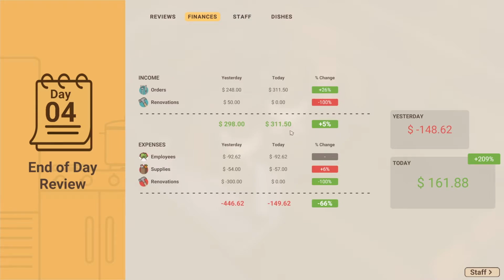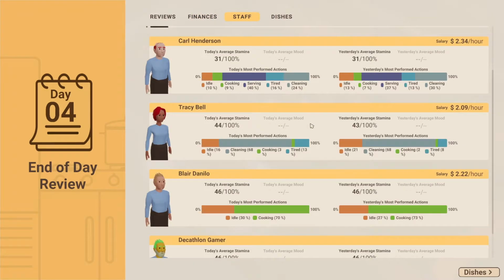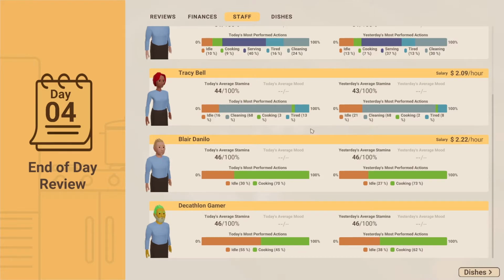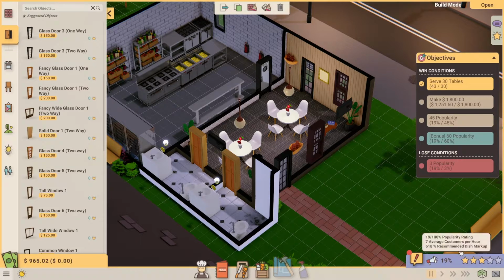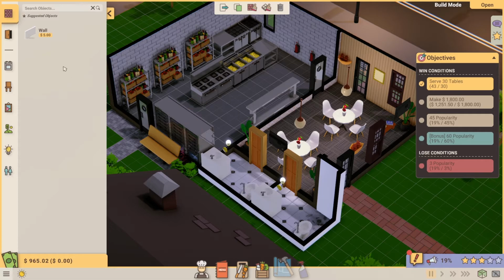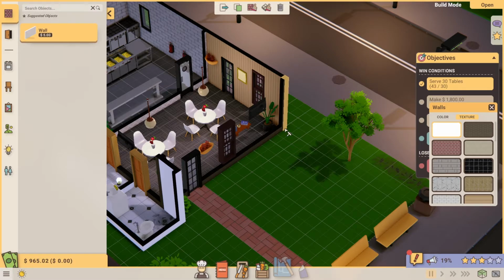Today, you can see the income was up quite a bit. We could see that the expenses and no renovations, that turned it into our first day making money, end of day 4. We still have some idle employees, especially myself. Grilled chicken leg and the fried pork loin, both we increased the cost on, and that paid off for us. What I'd like to do now is expand this place a little bit. Enough to make